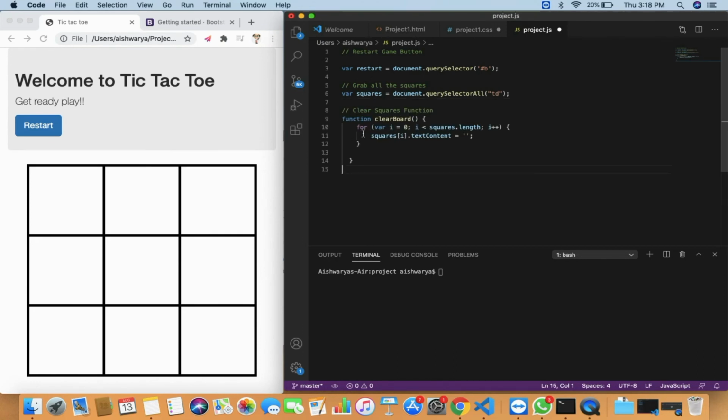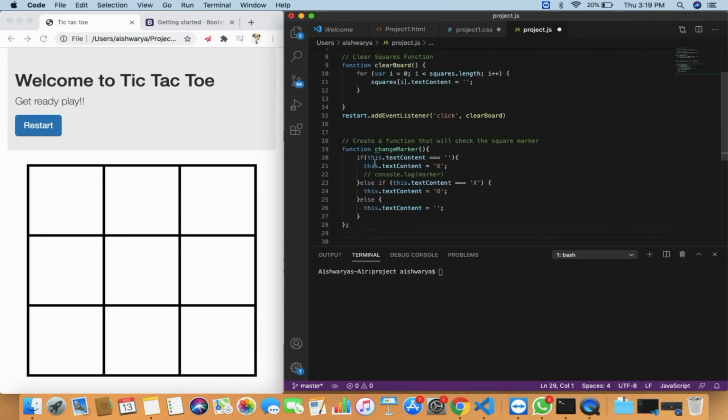Once you click on the restart button, to clear all the squares we need to create a clearBoard function. After this we will add an event listener for the click, so the board should clear with the restart button.